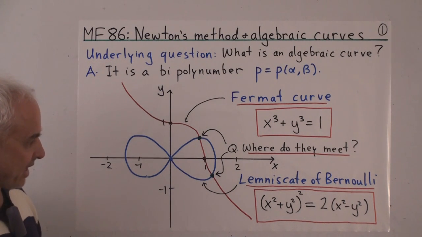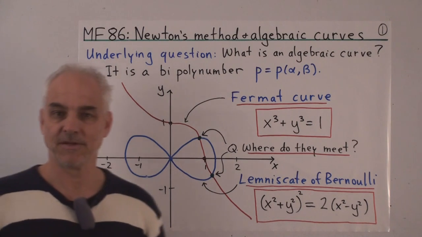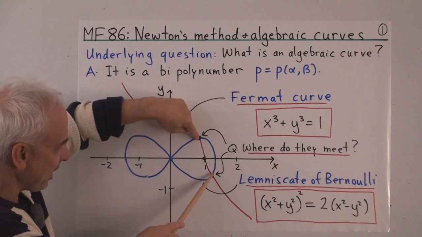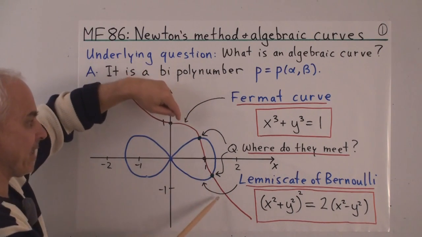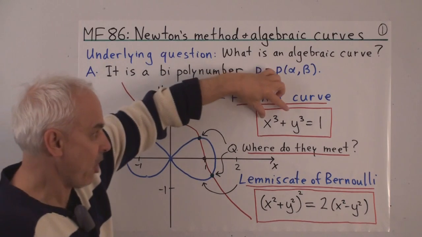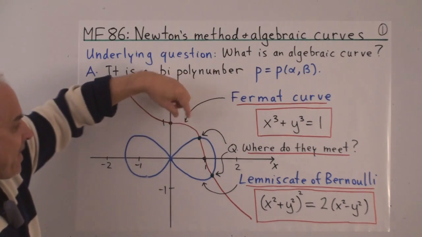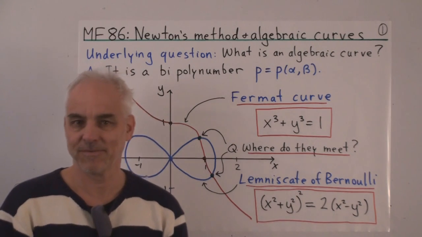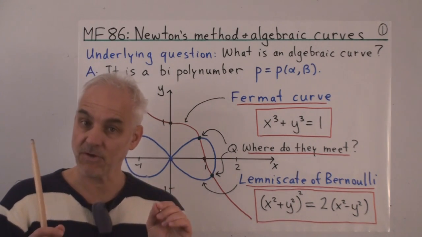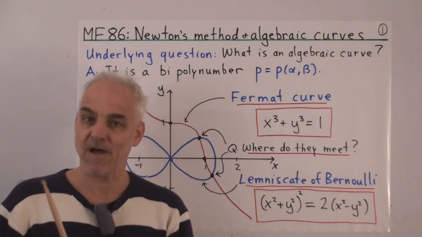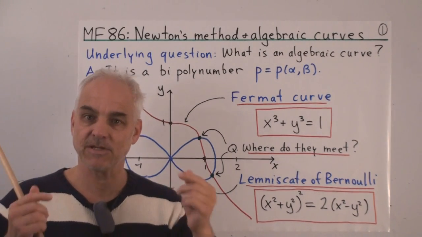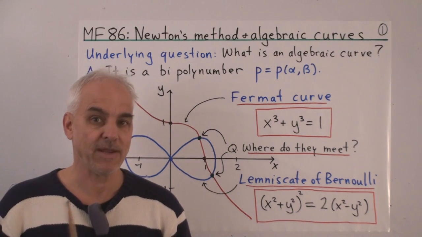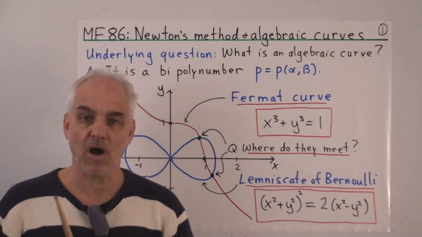But nevertheless, we'll see that there is an approximate version of this question. So we can find approximate points here and here that lie approximately on this curve, in the sense that they almost satisfy this equation, and they lie approximately on this curve in the sense that they almost satisfy this equation. And that's what we're going to be after. That's what Newton's method allows us to find. It allows us to find an approximate solution to an equation, which in practice is all that we can expect and hope for, and all that we often need.